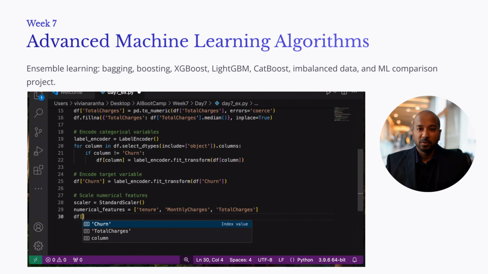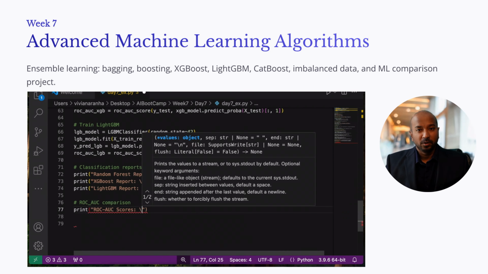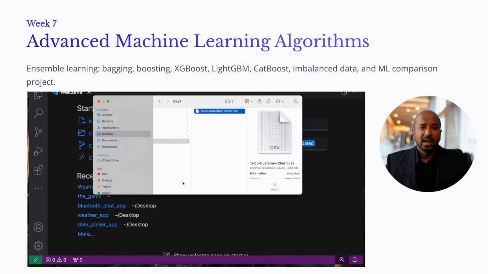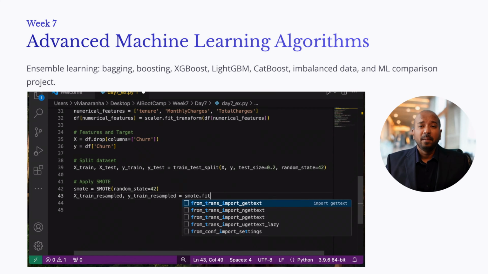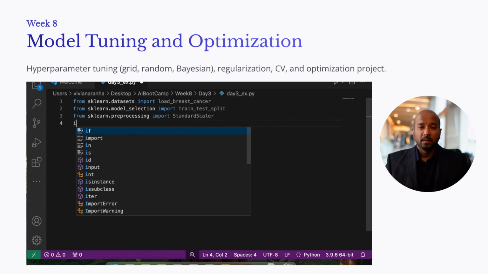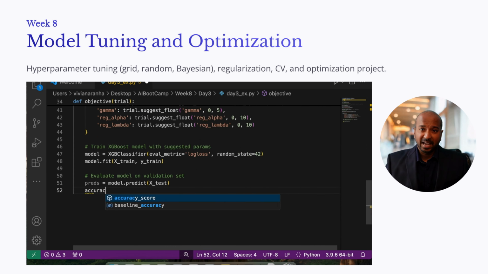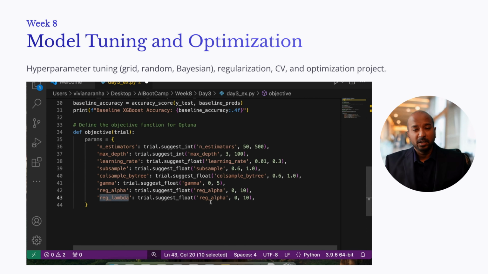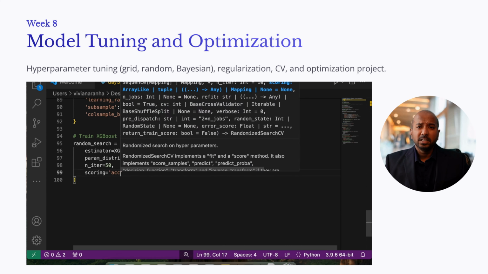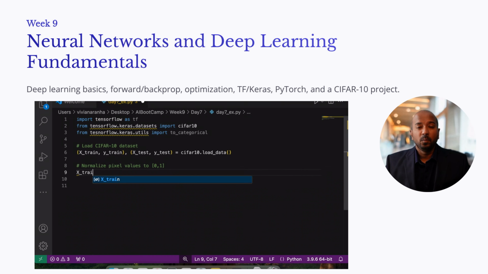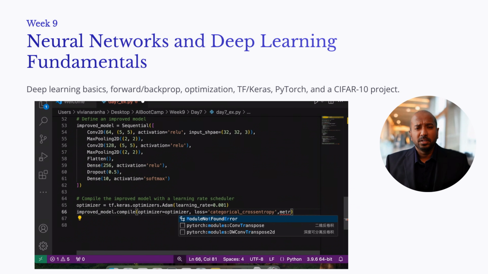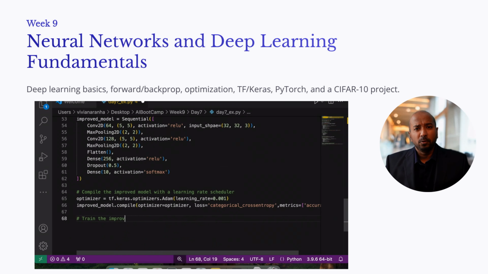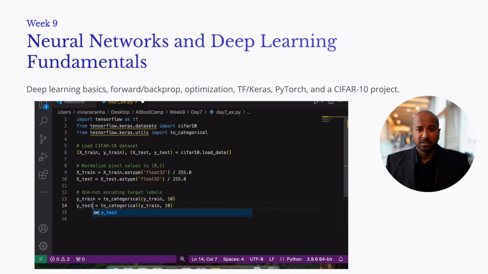Week 7, we will cover Advanced Machine Learning Algorithms, Ensemble Learning, Bagging, Boosting, XGBoost, LightGBM, CatBoost, Imbalance Data, and ML Comparison Project. Week 8, we will cover model tuning and optimization, hyperparameter tuning, grid, random, Bayesian, regularization, CV, and optimization project. Week 9, we will cover neural networks and deep learning fundamentals, deep learning basics, forward backprop, optimization, TF-Keras, PyTorch,